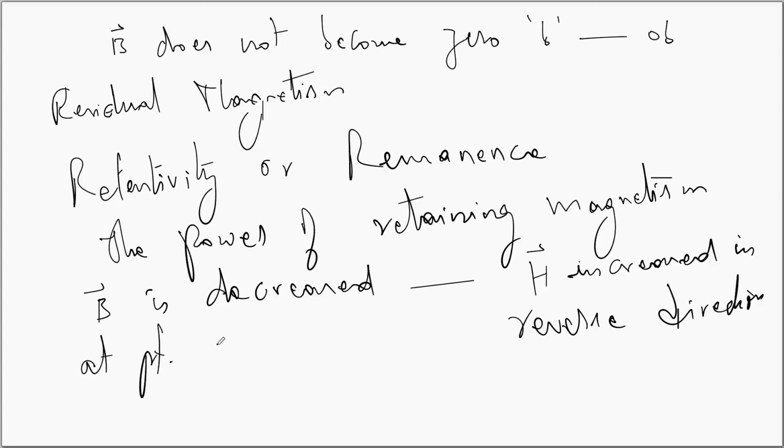At point C, B field is 0, and this becomes 0 when H attains a value that is equal to OC. It means that to reduce magnetic induction within the material to 0, a field of magnitude Hc is required. So to make the B field again equal to 0, a magnetic field intensity of Hc is required in the opposite direction. And here Hc is called as the coercivity